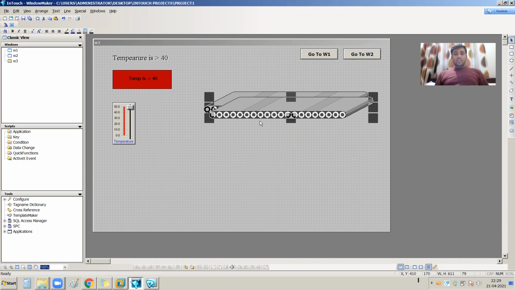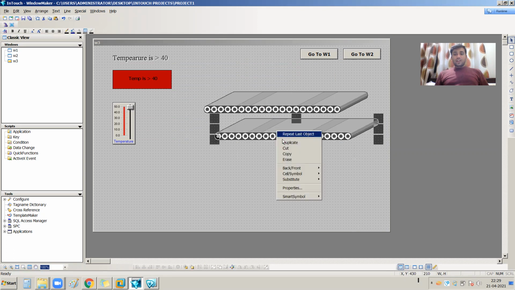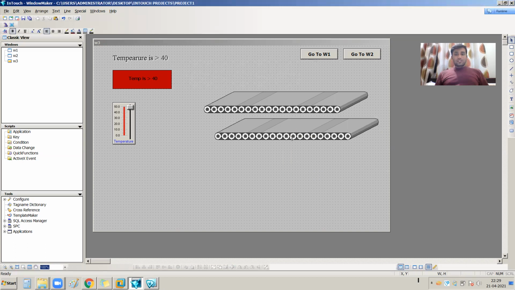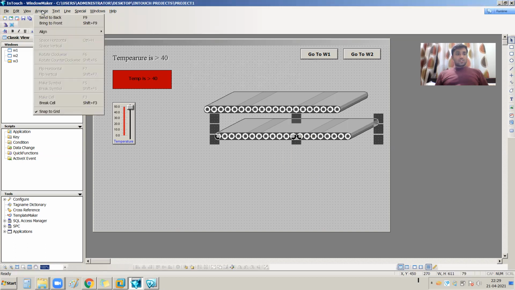I am duplicating it and rotating it. How can you rotate it? Just wait, there is an arrange option available.